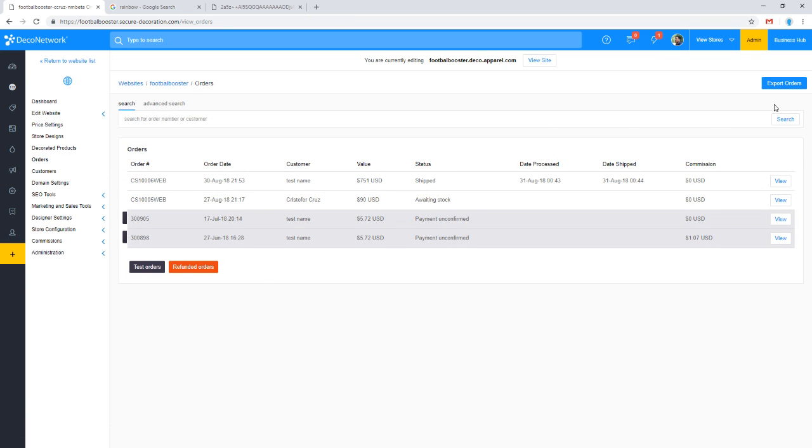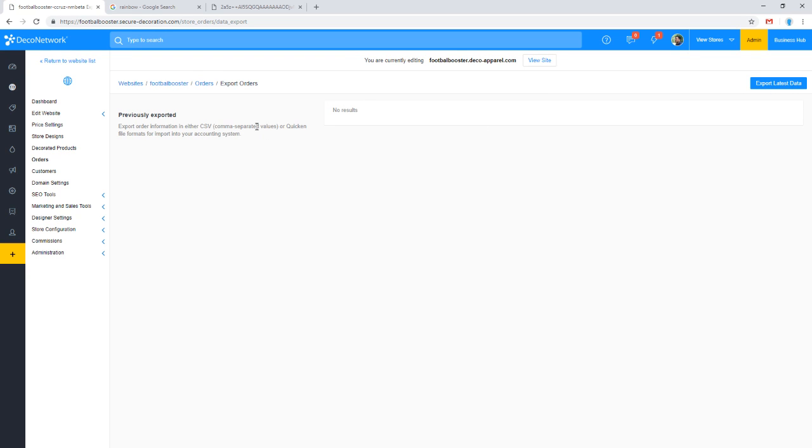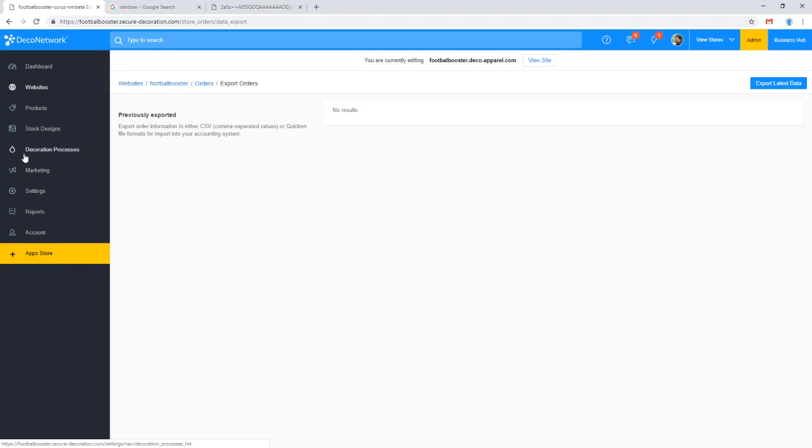If you do export orders, it's exporting any information added since the last time you exported. So if you have been continually exporting throughout the lifetime of the site, you may need to manually combine those different reports to get a total picture. Otherwise, you can run that report